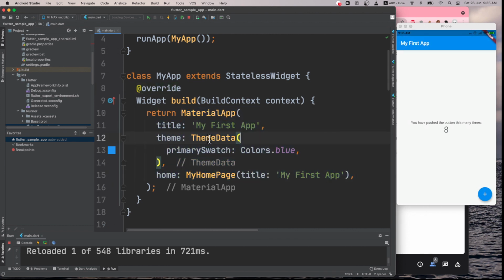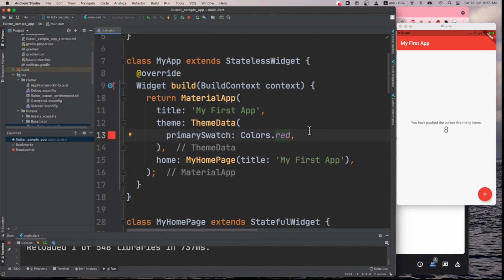In this section you see the theme data, and here we are defining the theme. So instead of a blue theme, I say I want a red theme. Okay, and I simply save it from here, and it should change to this, everything becomes red. You see, this is a basic thing that you should know when you want to change the color and other stuff.